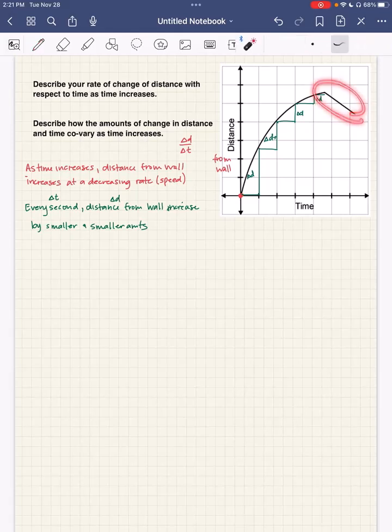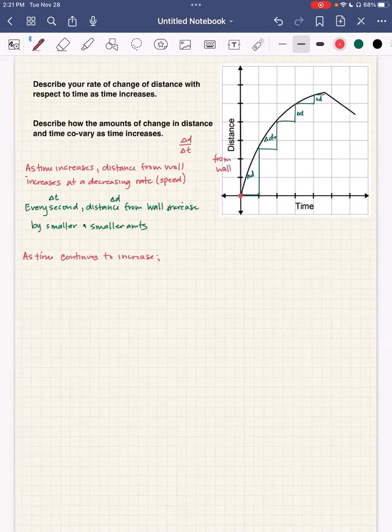So if we went back to speed, we could say, okay, as time continues to increase, the distance from the wall now decreases, right? You're getting closer to the wall. But we would say at a constant rate. Or again, as some of my students might say, you take the same size step every second kind of idea. And so then, since I'm jumping there anyway, we would say now every second,